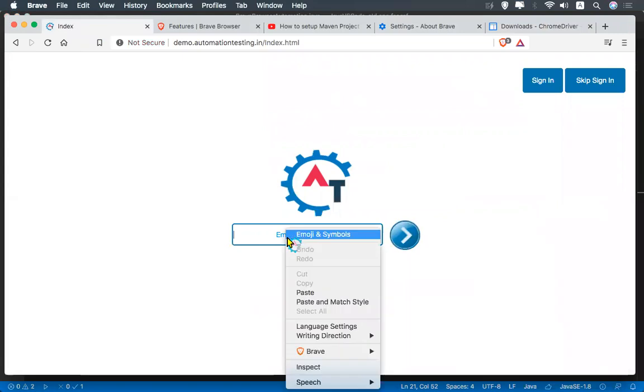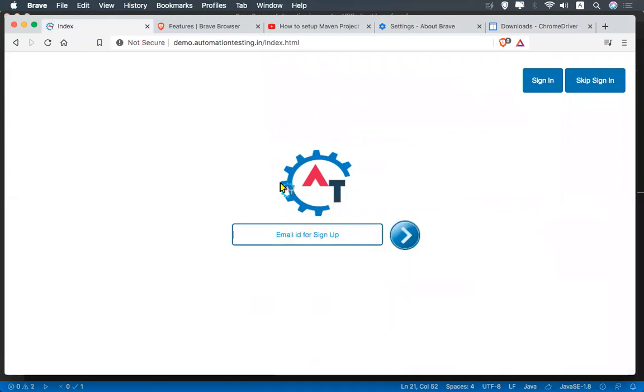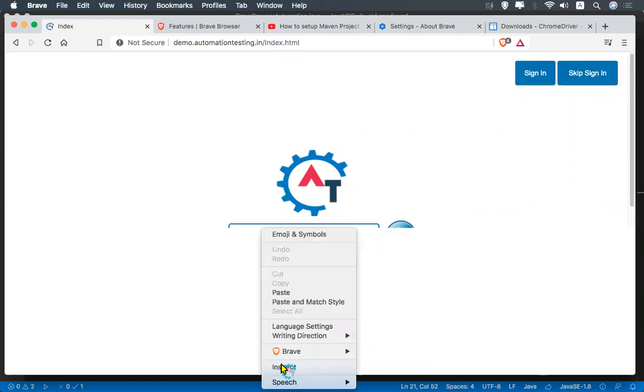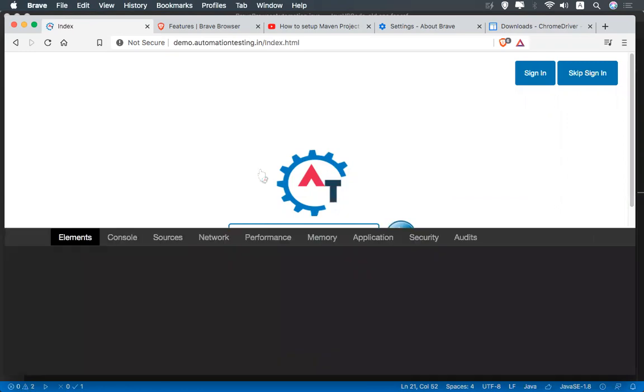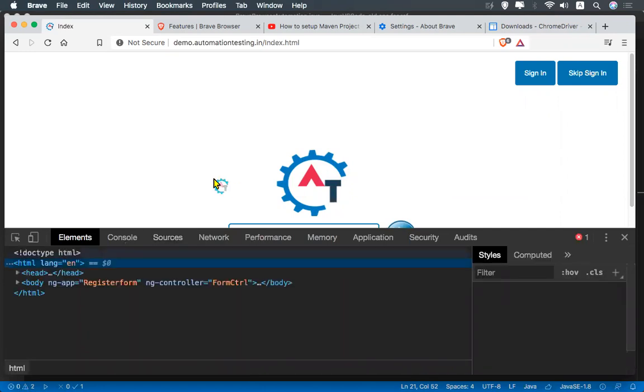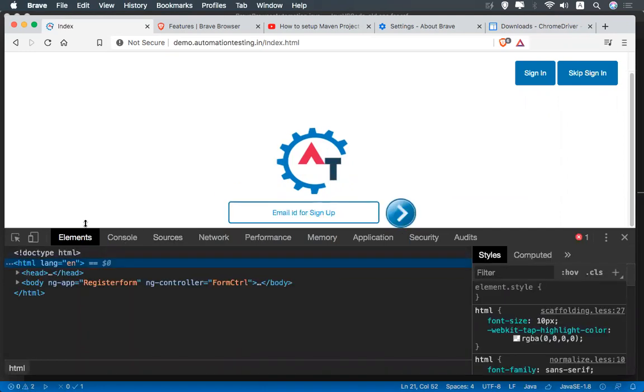So right click, when you say inspect, you'll get the same options, the DOM. I'm just inspecting this. You see that you'll find element, console, sources, network, everything is the same. So when you inspect this,